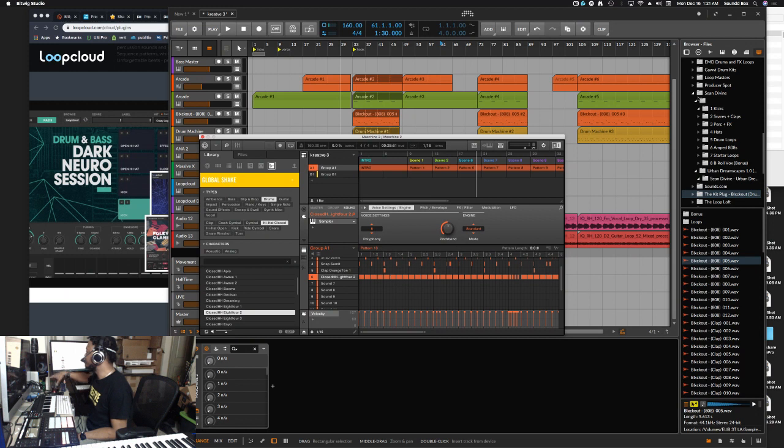The orange squares. Yeah, this is in pattern mode. That's derived from note repeat. Where velocity is, I have a repeat.